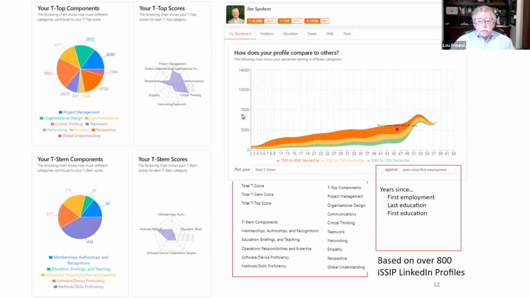On the right side of the dashboard is a display that indicates your T-score, shown by a red dot, relevant to the percentiles that have been developed from other T-shape scores that are in the system. This is a representation of over 800 T-score, MyT Me score profiles that the system has access to, and shows 3 bands, one for the 50th to 75th percentile, the 75th to the 95th percentile, and the 95th percentile and above. It indicates your score in relationship to others in the system